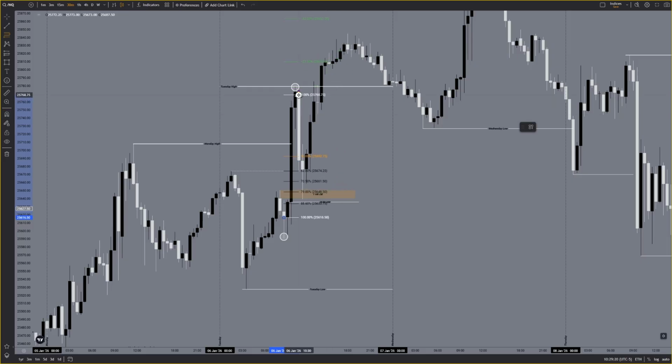The closes and opens on this bear candle and bullish candle are fairly similar, probably just slightly off. So the open on this bear candle is 25,753, and the open on this one is 25,772.25. So I would take the opening from the bear candle, since it has the higher opening versus the open from the bullish candle. I'm doing that to be able to identify my range. So I'm gonna lock it